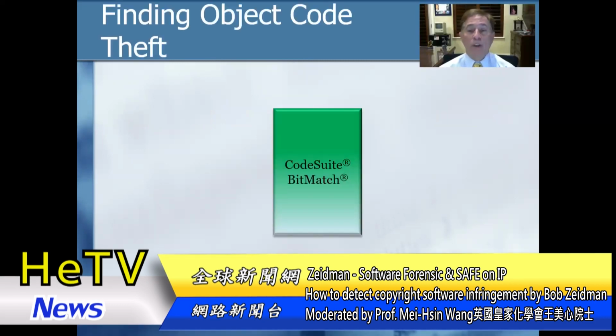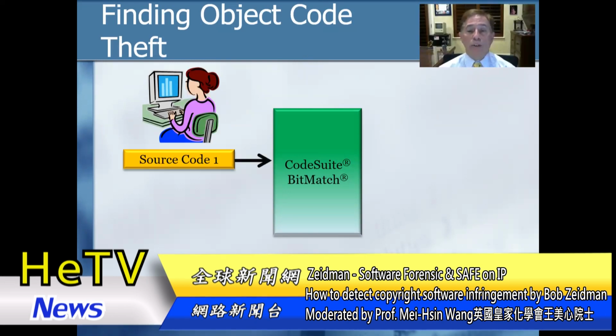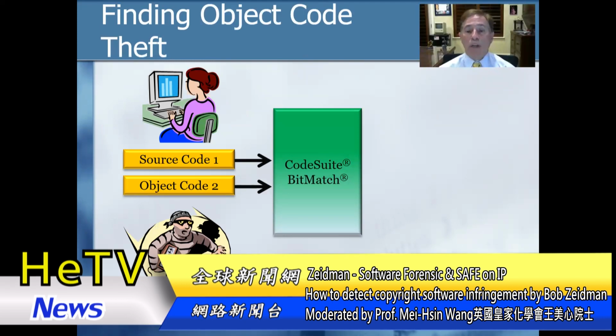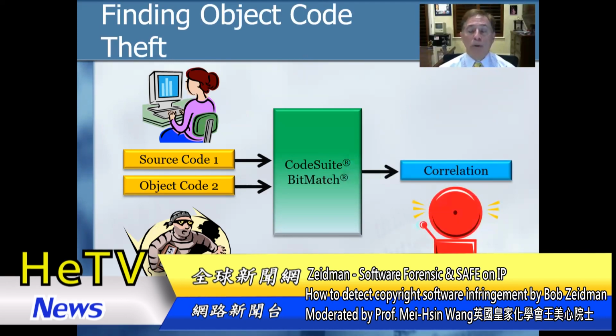We can find object code correlation in two different ways. The first way, we enter the source code of one program and the object code of another program into the bitmatch function of CodeSuite. That will produce a series of correlations, which can be a warning to investigate further to